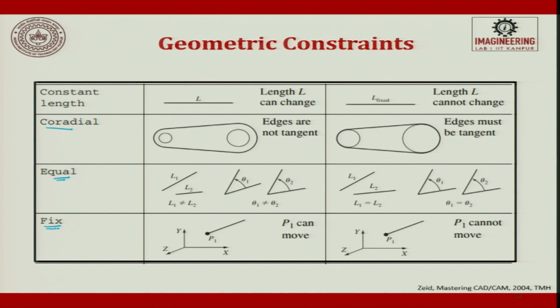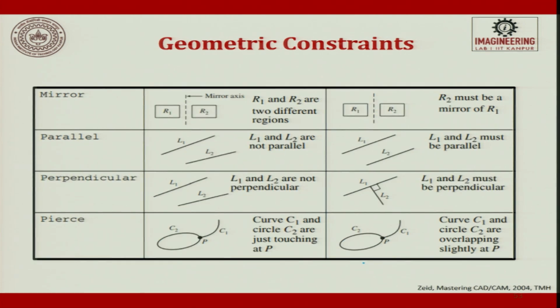Then the other thing is fix. So, XYZ point 1 is here, P1 can move. When you say P1 is fixed, it cannot move; wherever you draw, it will take the point closest to P1 and start from there. In some of the commercial softwares, you need not go exactly to that point to draw the next line. You can go very close to it and say please choose the closest end point. Immediately it chooses it and then draws. So, those things are called geometric constraints, which are used for helping you to draw drawings in an easier fashion without error.